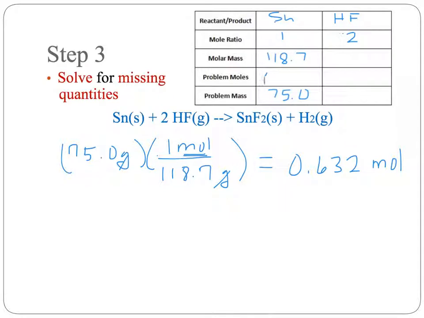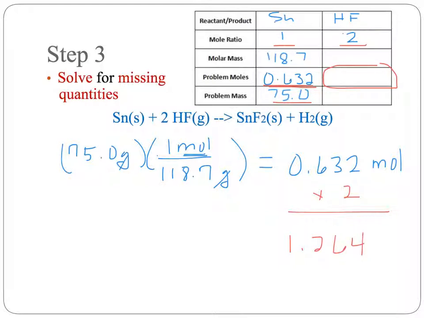So we could carefully put this in the chart here, and then knowing what your mole ratio is, we've got a mole ratio of 1 mole to 2 moles. If our calculation tells us that with tin we have 0.632 moles, then to get our amount over here, all we have to do is multiply it by 2. So we multiply this by 2, and we find out that the amount of moles of hydrogen fluoride needed to react with this many grams of tin, which represents this many moles of tin, is